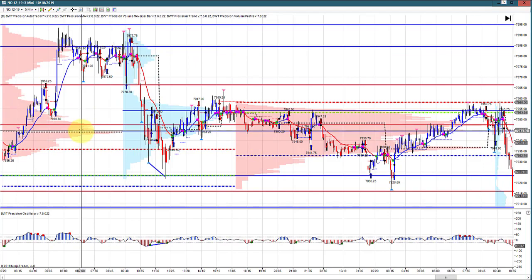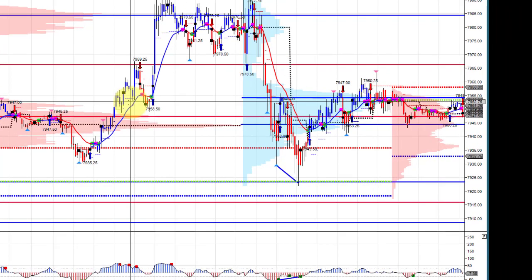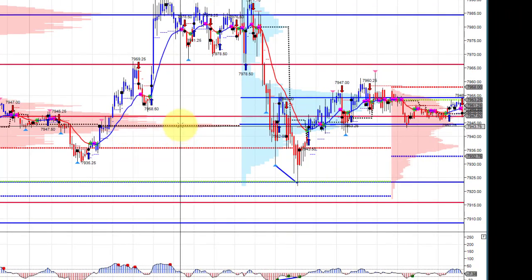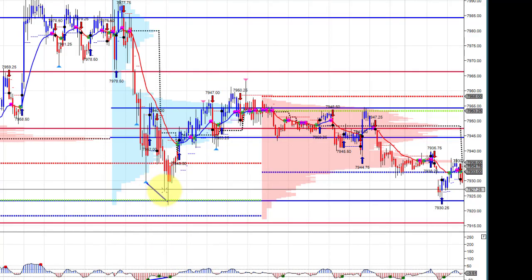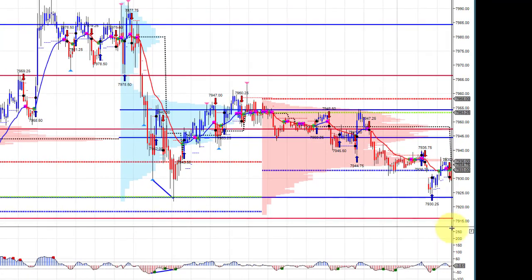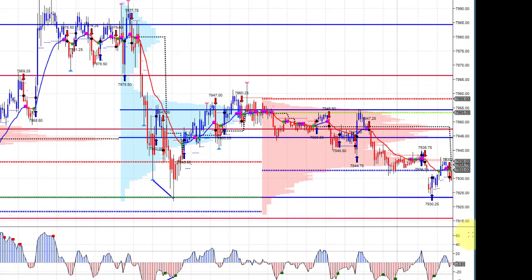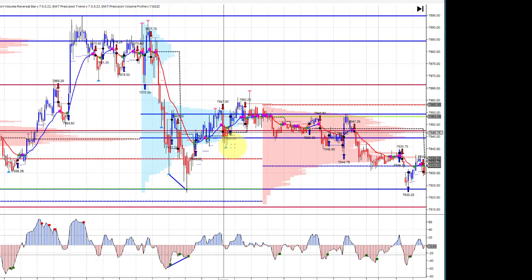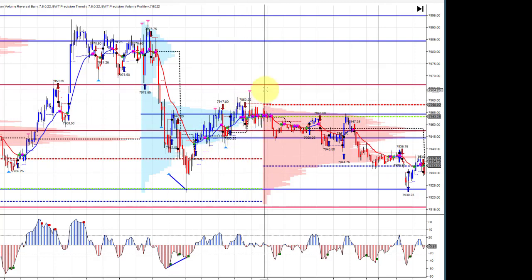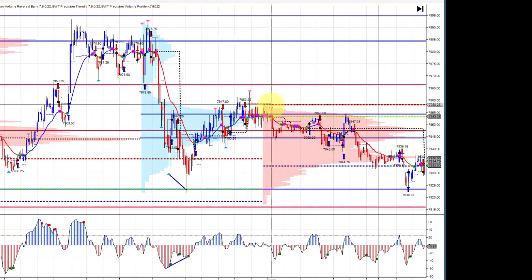And then we got this high volume node here, I think it's right here. So this high volume node from the 17th right here, this is 79.44, and you can see I drew the blue line after this session. I started drawing it here, and remember a few videos ago I talked about the divergence of our trend indicator, our precision oscillator, and I drew a nice divergence here, and I drew these lines days ago. Well, I think Jim has been talking about this 44 area for quite some time. Anyway, that was in play, and then on up to